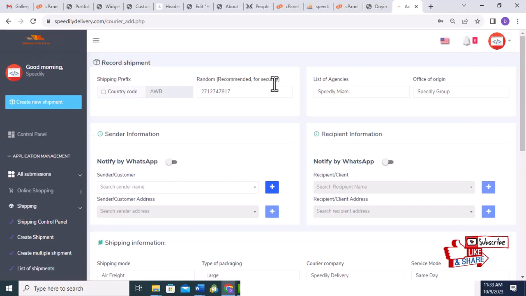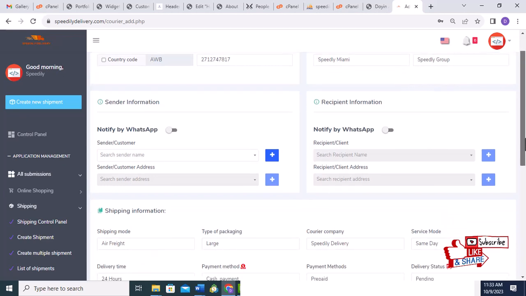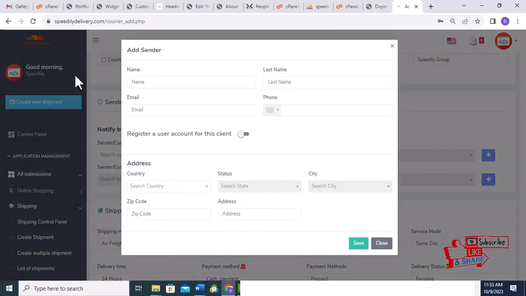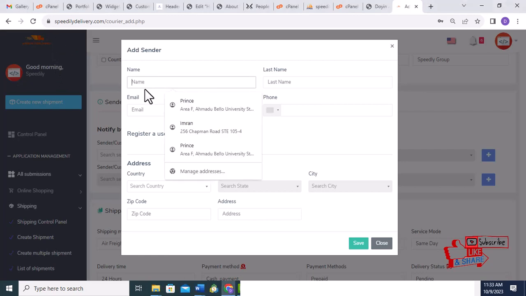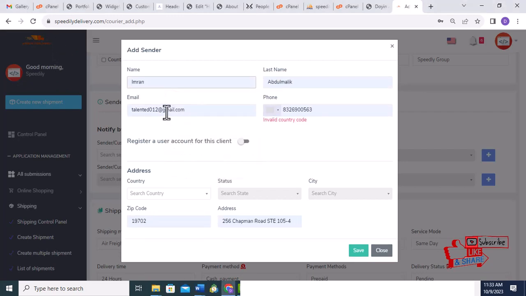Great. So now we have the list of agency. For this, we have Speedly Miami, and then the office of origin, we have Speedly Group. So I'm going to add a sender information now. I'll click on this plus icon and then fill in details for the sender. I'm just going to put these details, for instance, Imran Abdul Malik, and email. Just going to use this. Let me just put some email,